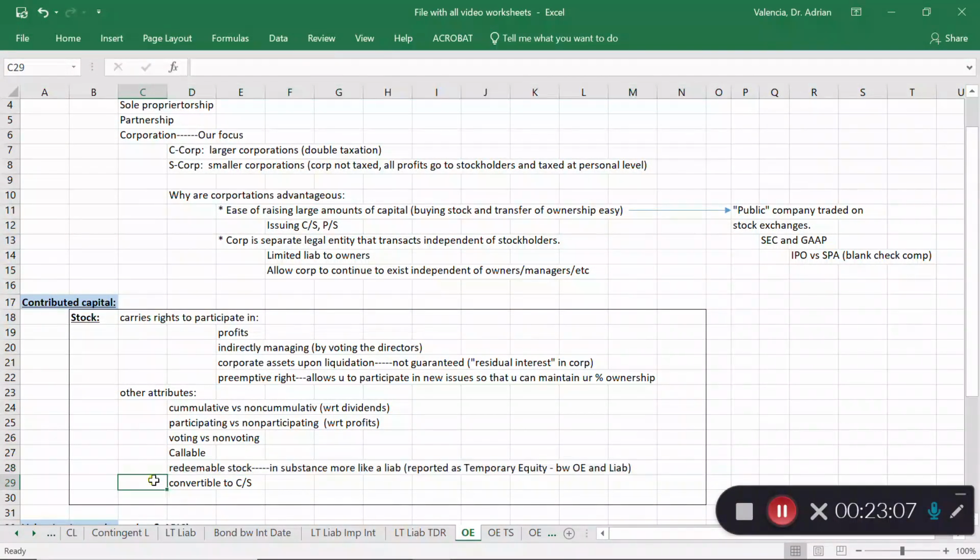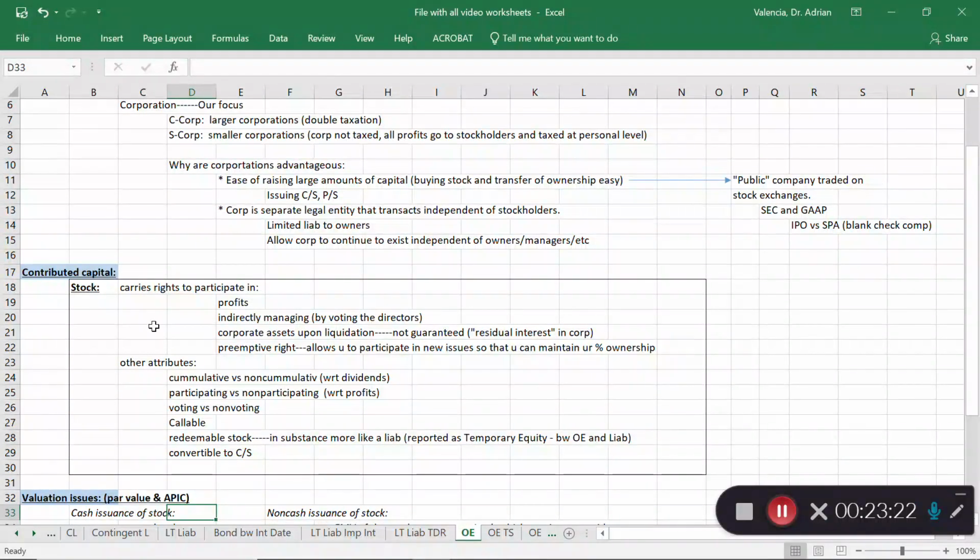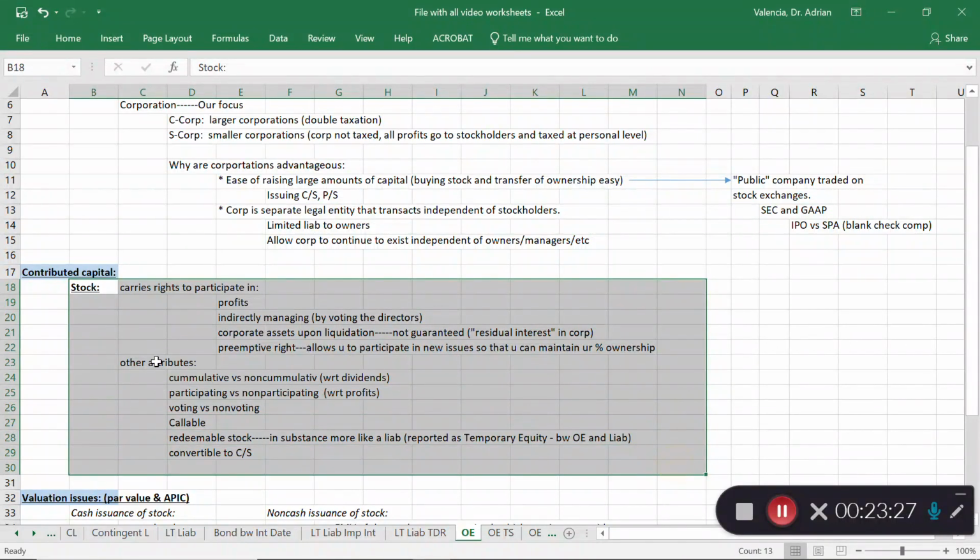All right. Lastly, convertible stock. There could be stock, like preferred stock, that has the option to convert it to common stock. So that's also an attribute that it could have. And in general, I want you to just think business here. Anything that seems like a positive thing versus another, for example, the typical person would prefer to have cumulative shares versus none. It's better to have cumulative. It's better to have a participating stock than non-participating.